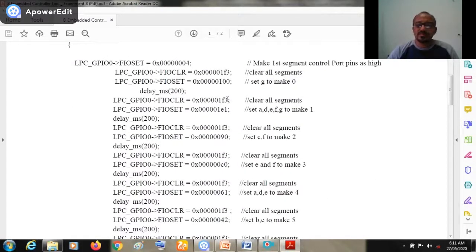So if you want a 200 millisecond delay, you pass the value 200, so that in between the two transitions there is some small gap for the display, from 0 to 1, 1 to 2. When it gets displayed on the 7-segment display unit, there should be some gap, that is called the delay in between the two transitions.